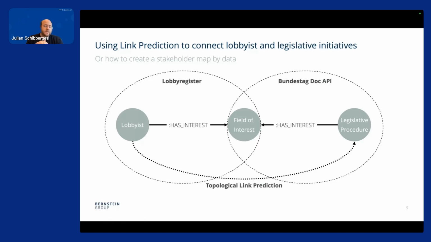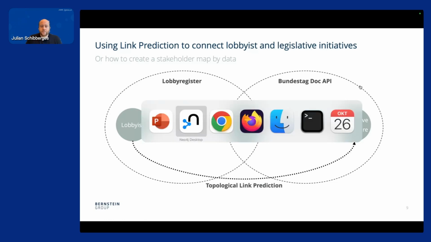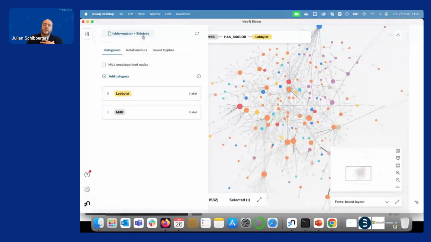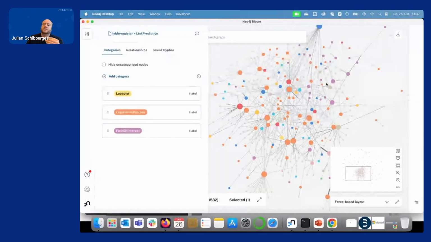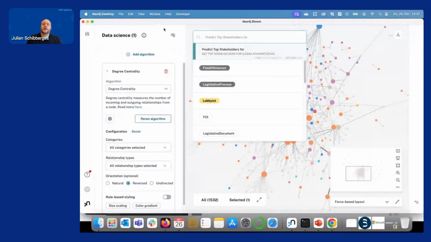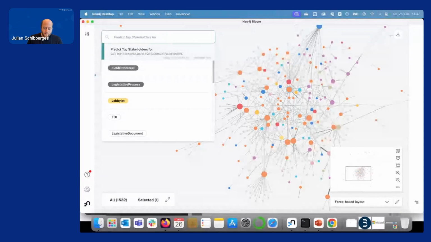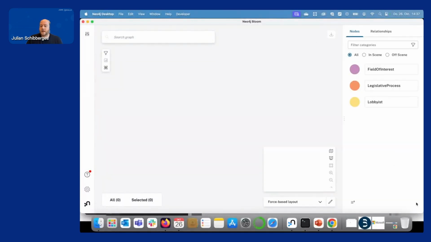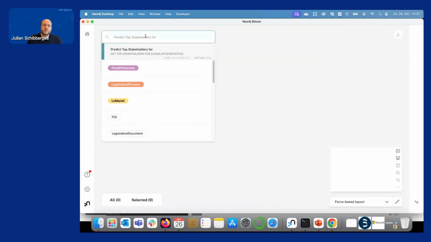I use Adamic-Adar, which gives nodes or fields of interest that have a lower occurrence a higher weight, which obviously makes sense because the more specialized a node or field of interest is, the more relevant it usually is. And while you would usually do something like this within the graph database, and not use Bloom for something like that, just for the show today,